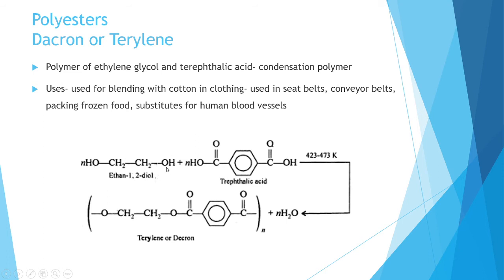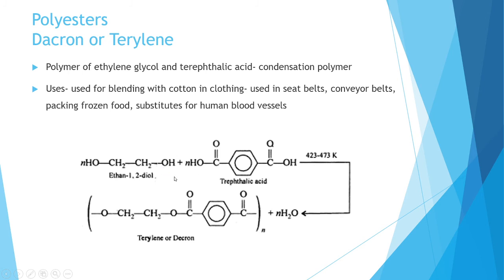That is ethylene glycol, and this is terephthalic acid: a benzene ring, and on two sides of the benzene ring there are COOH groups, 2 COOH groups. That is terephthalic acid. Here also condensation polymerization, that is removal of water, takes place. From this OH, and here H is removed, and we get OCH2CH2O, and again CO, benzene ring, CO, etc. This is also an example of condensation polymerization. Here a water molecule will be removed.